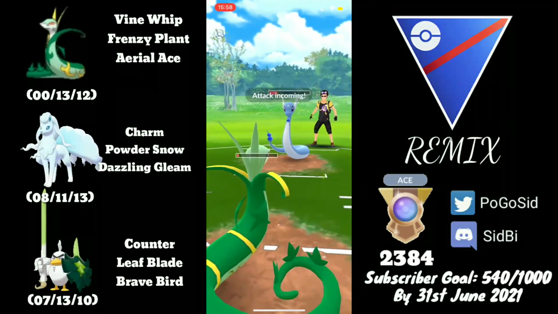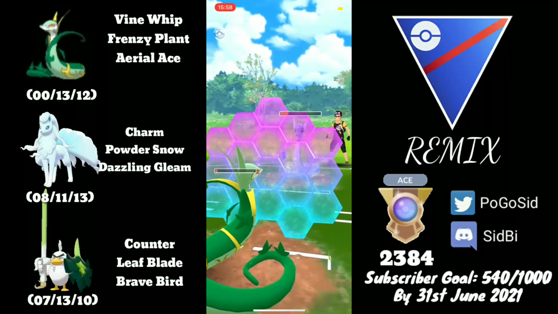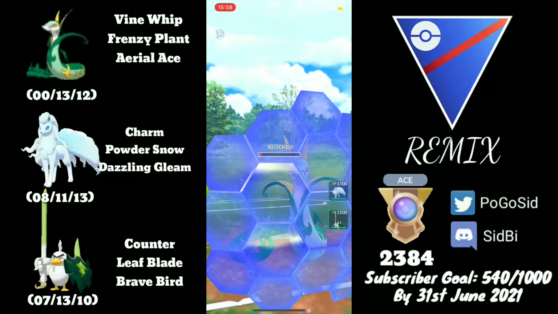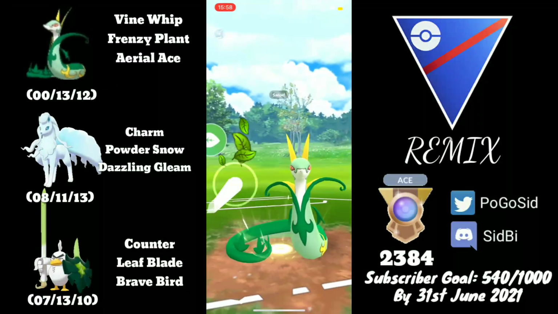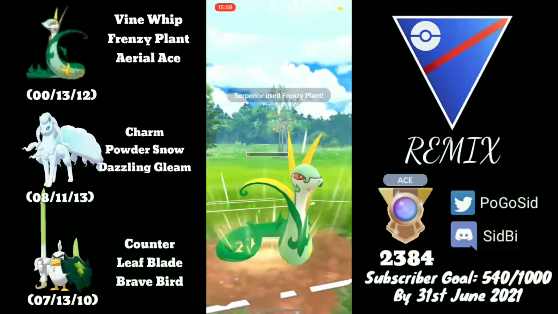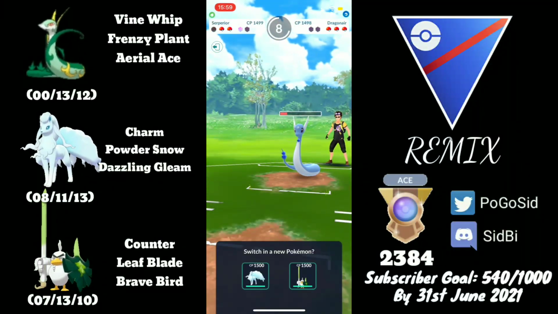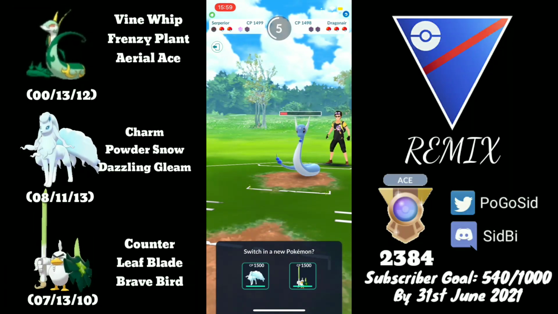So unfortunately, I don't know what to speak. So since we are already at a Frenzy Plant, I decided to shield, and now it's up to them whether they want to keep the shield advantage or the switch advantage. So they decided to keep the switch advantage, and this is really good for me because with shields down,